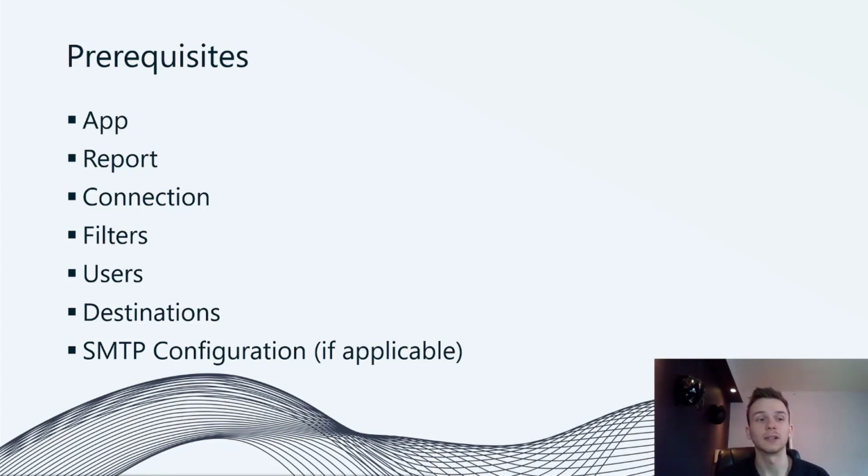a connection to a ClickView or ClickSense application, because when we run this task, we're going to be regenerating the cache on that connection. You're also going to need to make sure that any filters, any users, and any destinations associated with this report already exist in the NPrinting environment. And the last thing we want to make sure that we have is the SMTP configuration all set and ready to go ahead of time, and that's only applicable if we're going to be sending out reports via